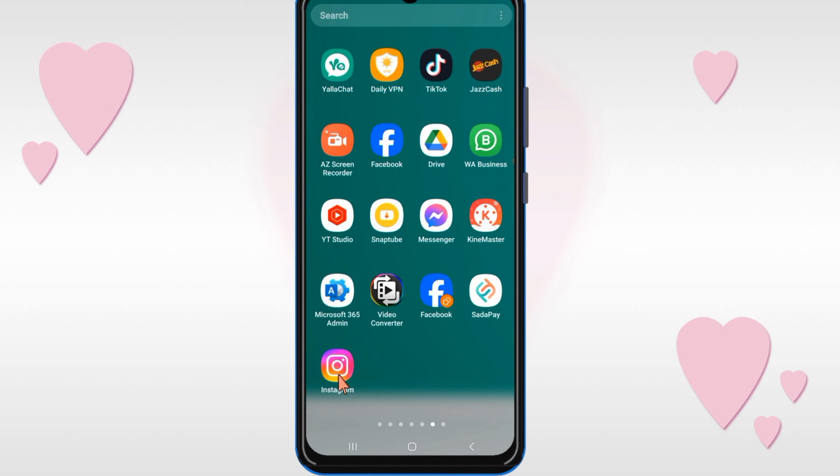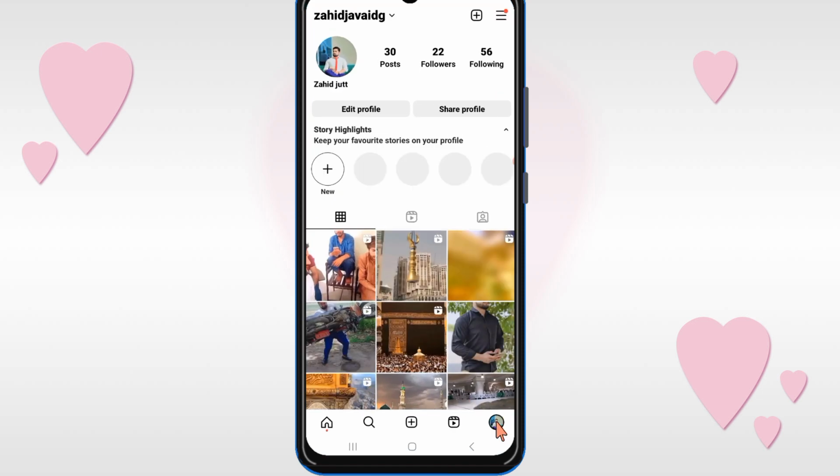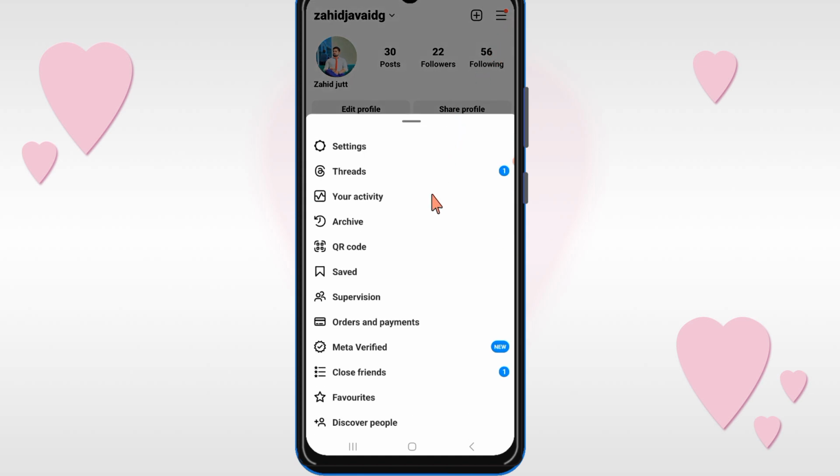Firstly, open the Instagram and then you will see profile icon at the bottom. Click on it and then you will see three lines on top right. Click on it and then click on setting,